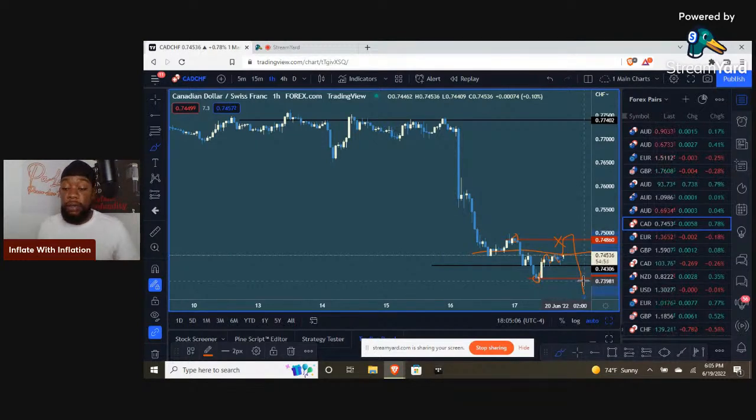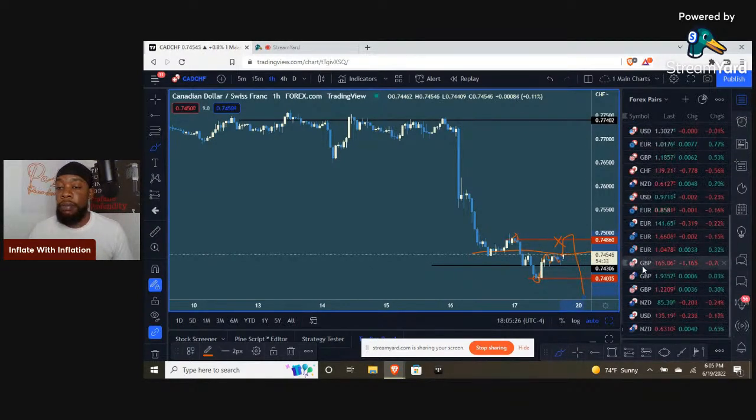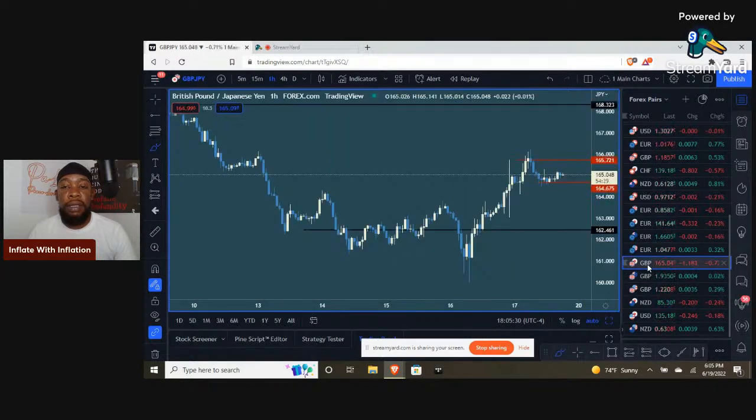So give that a little bit of time. So far your options could be Euro USD on a buy, but you got to wait for it. CAD Swiss franc on a sell, but you still got to wait for it. Let's see. Pound yen. Pound yen should be selling, but because I was in that last week. Pound yen should be hitting a sell,